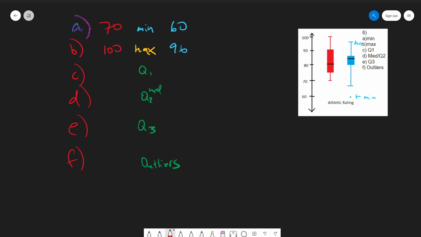So let's go down the red graph first. I'm going to find Q1 here, Q2, Q3, and no outliers. So Q1 looks about halfway between 70 and 80, Q2 a little bit above 80, Q3 a little bit above 90, and then none. On the blue side, we've got a Q1 that is